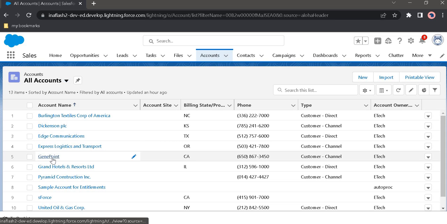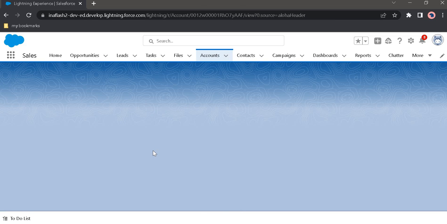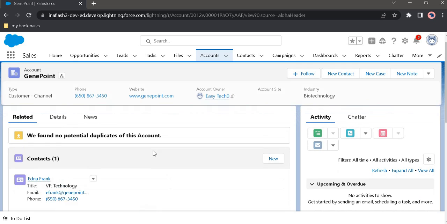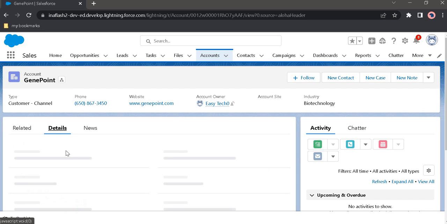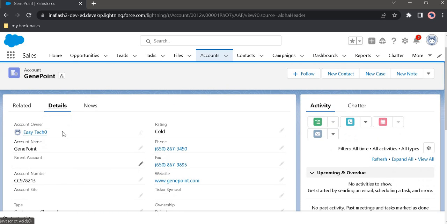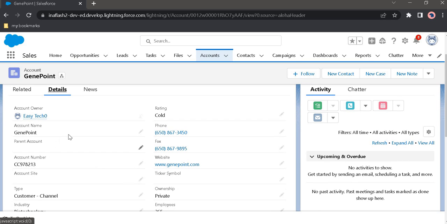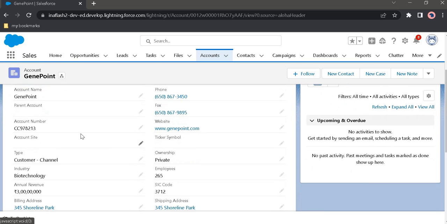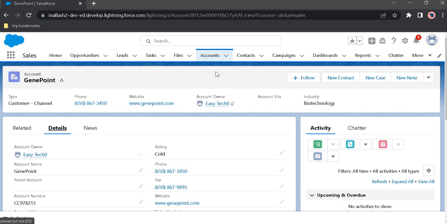Say for example we go inside one account, we can see that there are various details about that account. For example, there is this account owner, account name, phone number, account number, their website, ownership, type, and all that. These are different kinds of accounts.